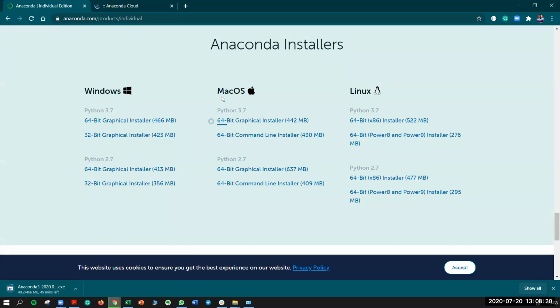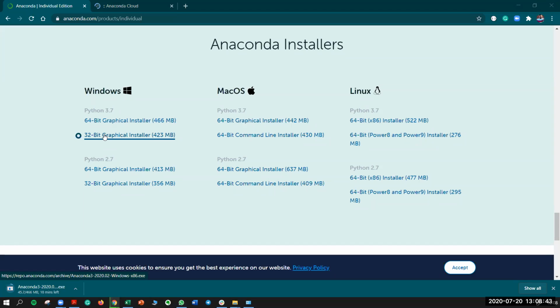All right. So for Mac OS, you can get the graphical installer 64-bit. For Linux, get this 64-bit installer. They should be fine. The top three. If yours is a 32-bit operating system, go with 32. Okay.